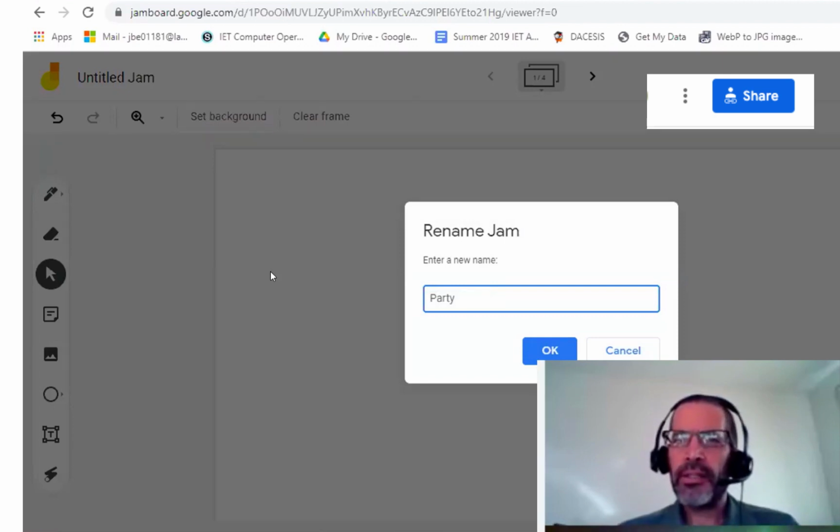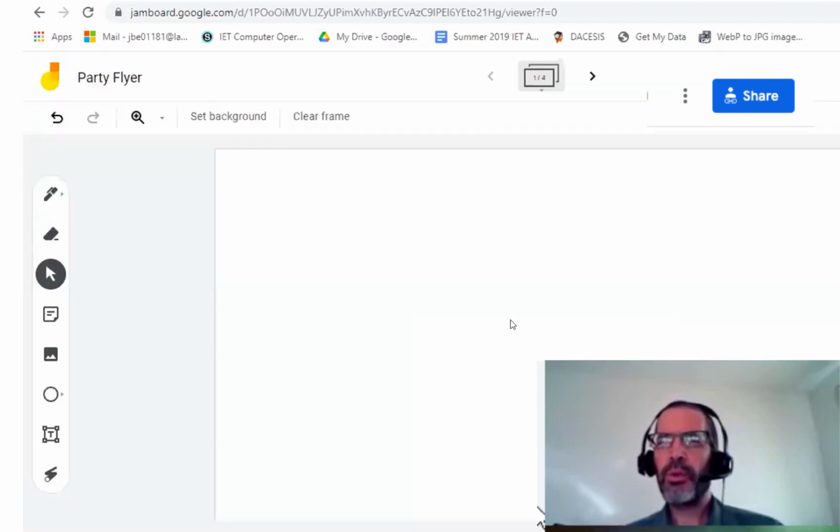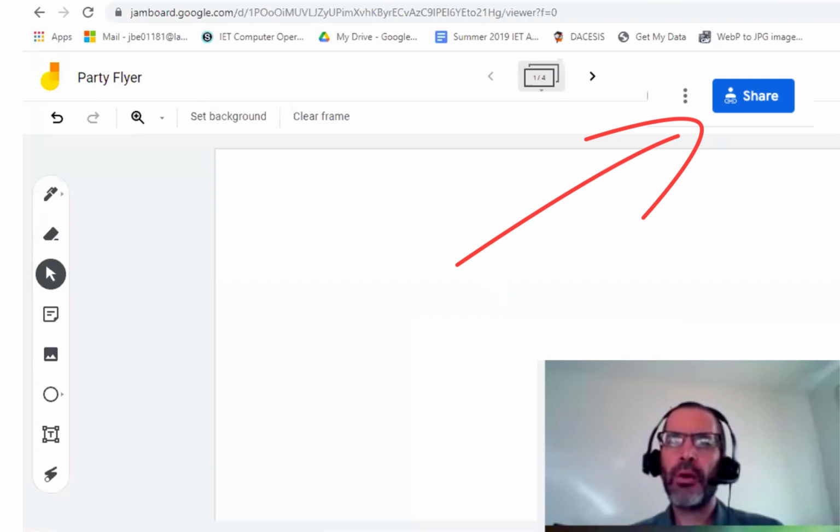And the next thing you want to do, and this is probably the most important thing that I'm going to teach you this morning, and this is really, really important, is up in the top right corner, there's a blue button that says Share. What happens is you have to make sure that your students not only have access to get to the Jamboard on their computer or their phone, but to edit the Jamboard, because if they don't have permission to edit, this is all a moot point. So you click on Share,